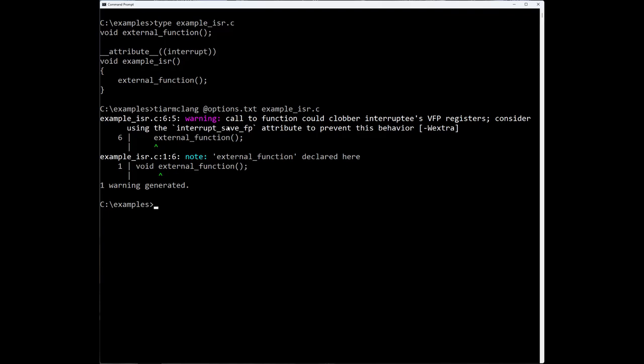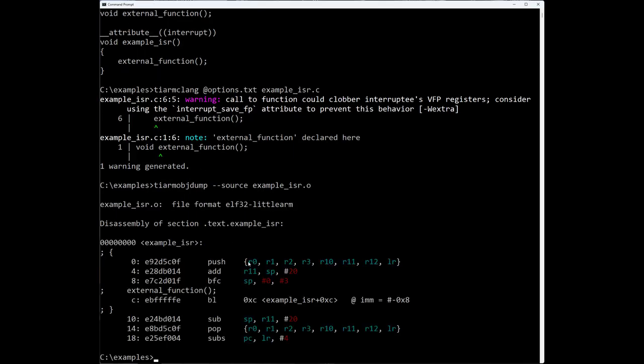But just for right now, I'd like you to pretend that you don't see this big long diagnostic. You don't see it. What you're trying to do is just explore what the interrupt function attribute does, and you're trying to understand it. Okay, so let's look at the code generated by the compiler for this case.